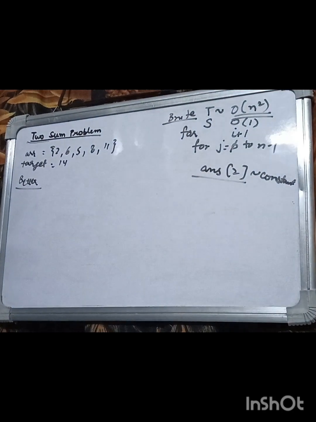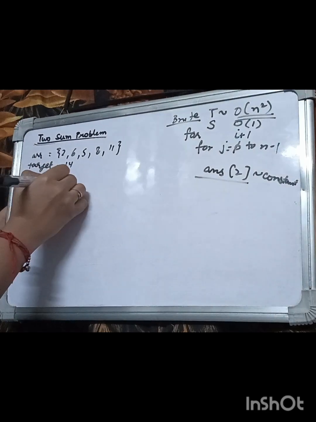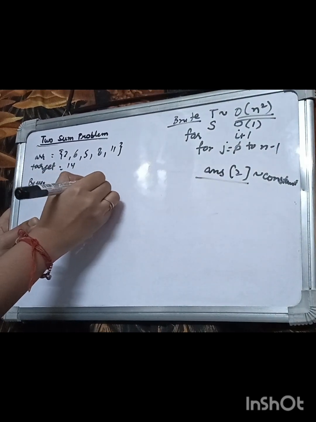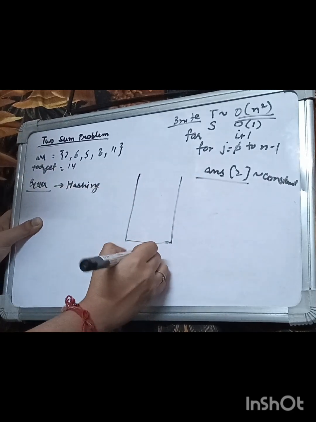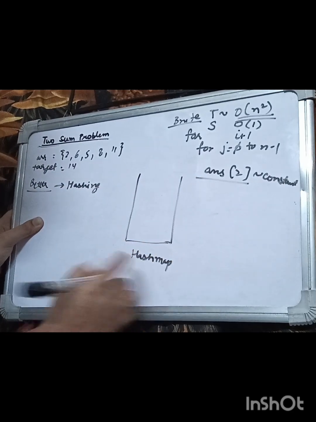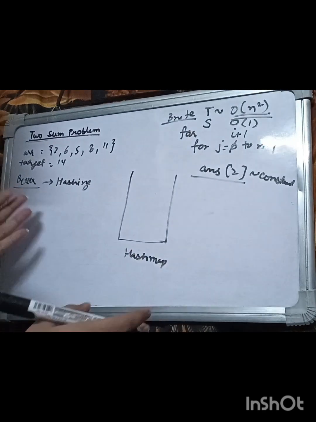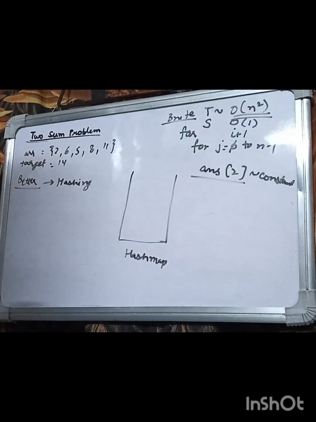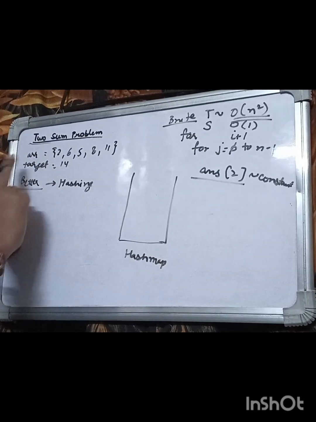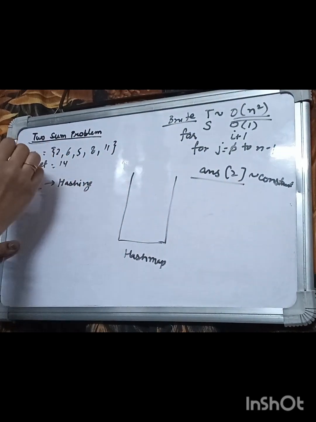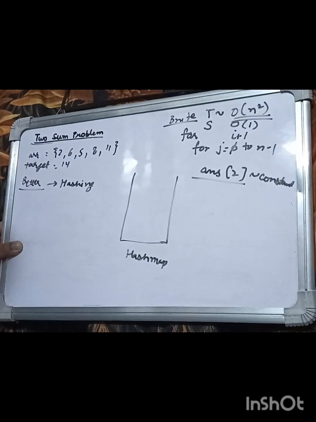Okay, now in the better approach, we will do hashing. We will take a hash map. This is in Java, and if there is an alternative in CPP, I don't know it, you might do it. Sorry for the inconvenience. Okay, so in the hash map, what you will store is the element. So first, you will loop throughout it. You will just iterate over the array, and you just check if